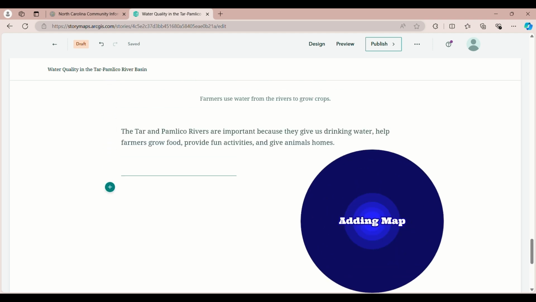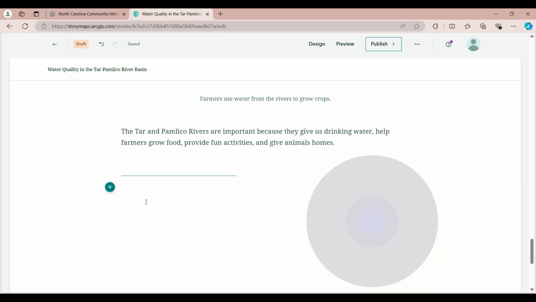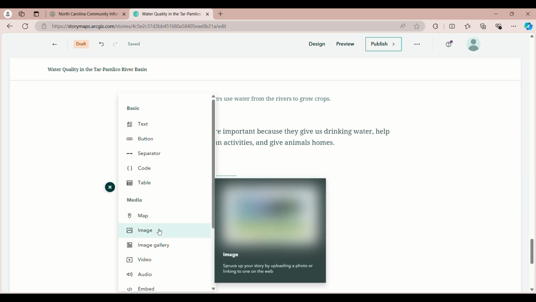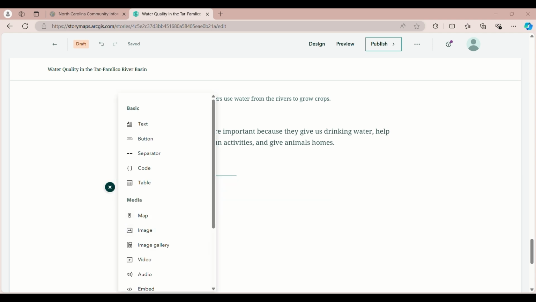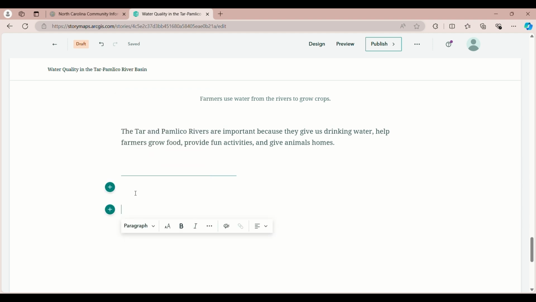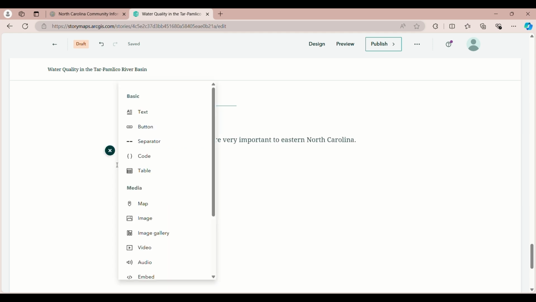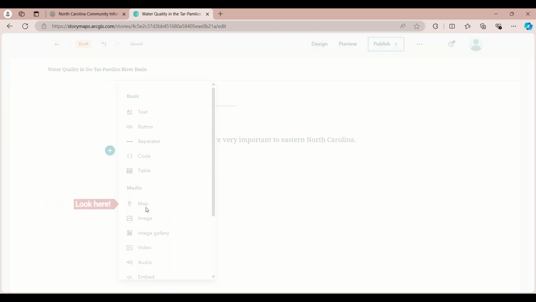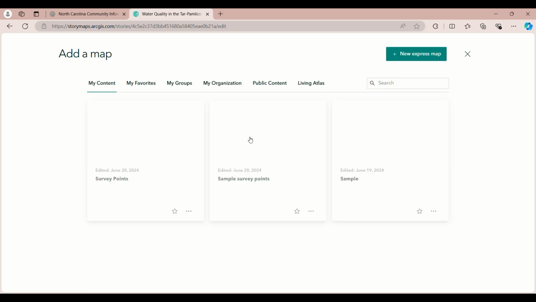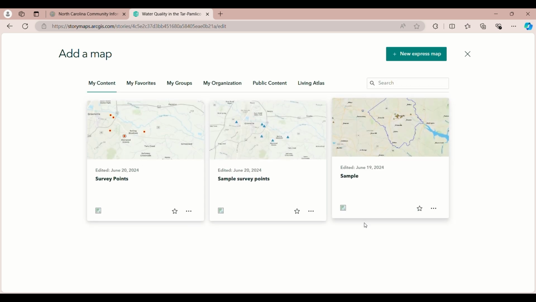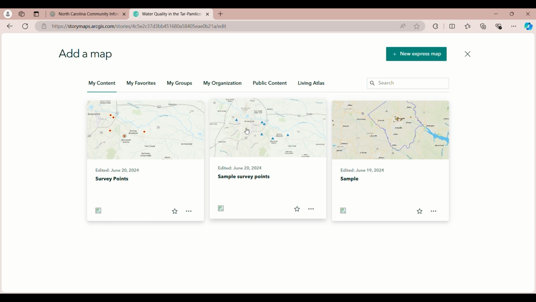Also, I'm going to show you how to add map. Sometimes your map can be added from an online source, or if you have your map in image format, that is JPEG format, you can bring it in through image. Before I add my map, I'm going to write, then to bring in map, you click here, map, then it will take you to all the maps you have. For instance, I have created some map